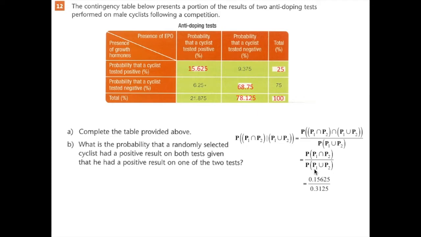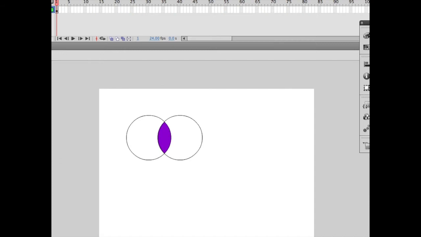The probability of testing positive on one or the other is this one plus that one. So this is the people who tested positive on one, this is the people who tested positive on the other, and this is the people who tested positive on both. So if we're looking at our Venn diagram again, the people who tested positive on one would be in this region. This would be the people who tested positive on both, and this would be the people who tested positive on the other. So A union the two would be all of that all together. We're saying the